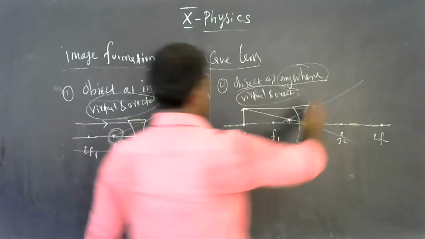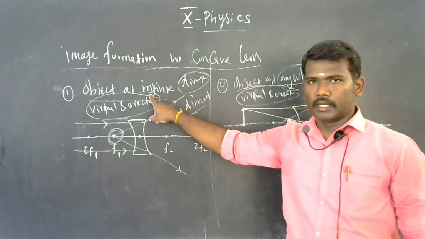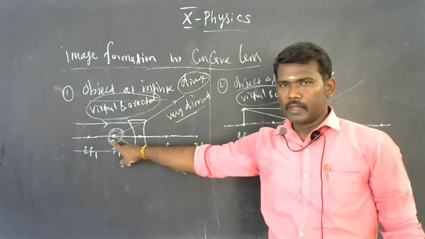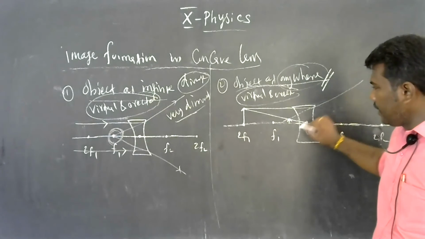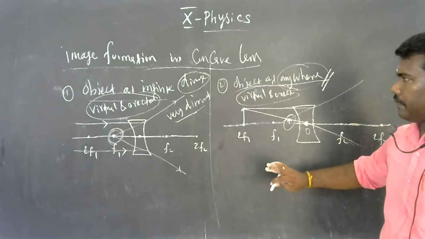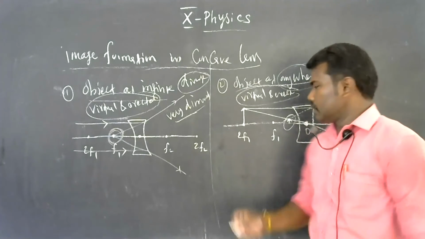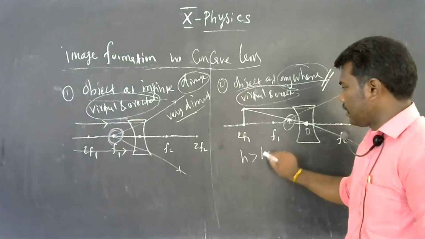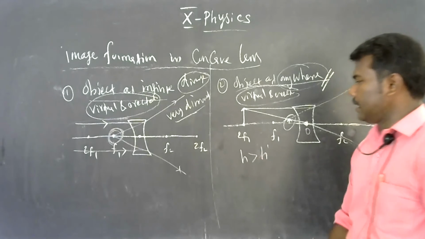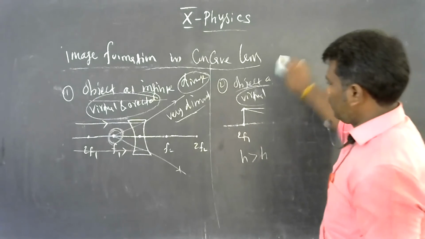So the statement given is, if you locate the object anywhere apart from infinite distance, because if the object is at infinite distance the image will be formed at the point F1, for all other cases the image is formed in between the point O and F1. The nature is also the same, virtual and erected, and we get a very diminished size image. So the height of the object is always greater than the height of the image, or we can say very much greater. Simply, in the textbook it is noted as h greater than h dash. Okay, so this is with respect to the concave lens.